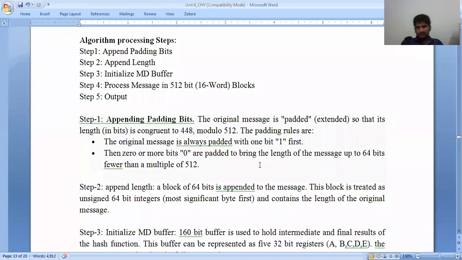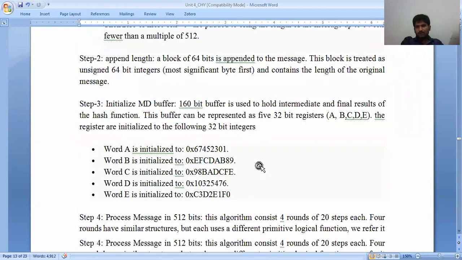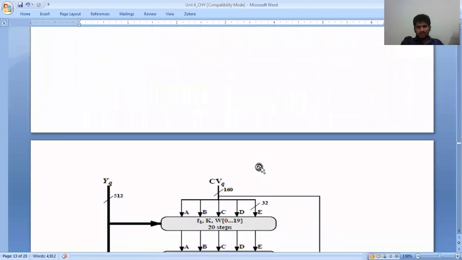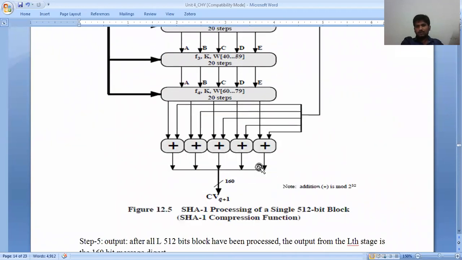So this is for writing theory purposes. The same way MD5 compares with SHA-1, the Secure Hash Algorithm, then we perform the number of rounds and see how we do the operation.